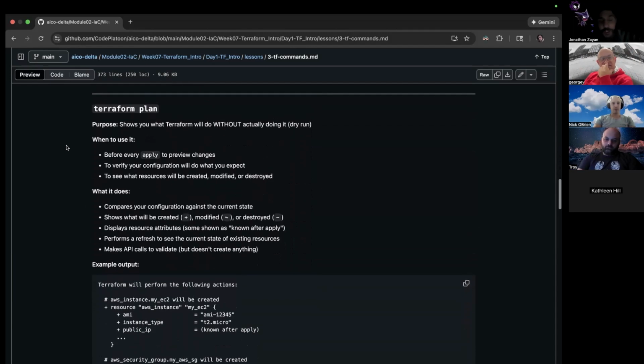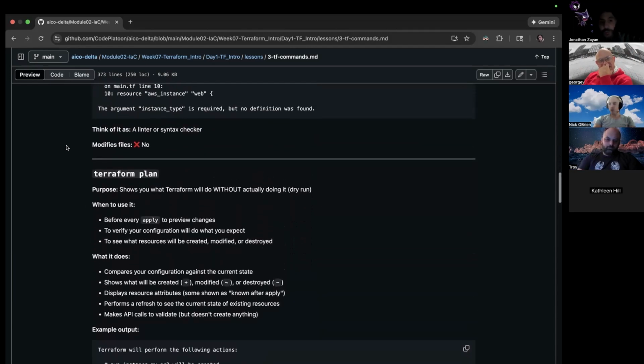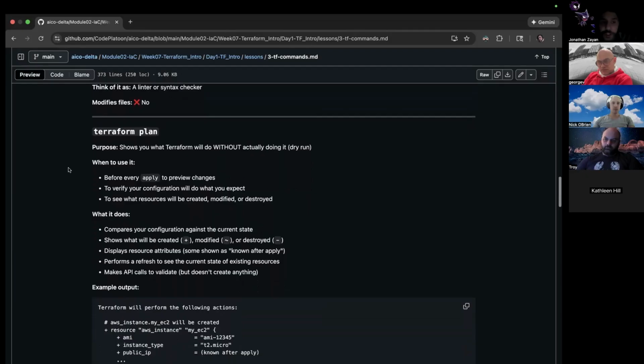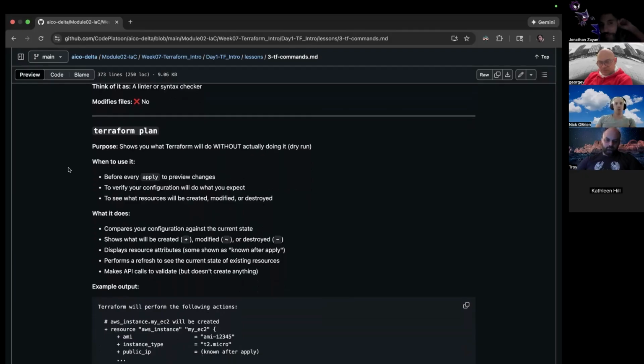Okay, so if you guys remember, at this point, if we've initialized it, we validated it, now we want to see the plan. We want to say, hey, give me the quick summary of what we're attempting to configure. It's kind of how you can think of it, at least from this state forward, right? Since the last push, or the last apply, excuse me. This shows you what Terraform will do without actually doing it. You can call it a dry run if you'd like.